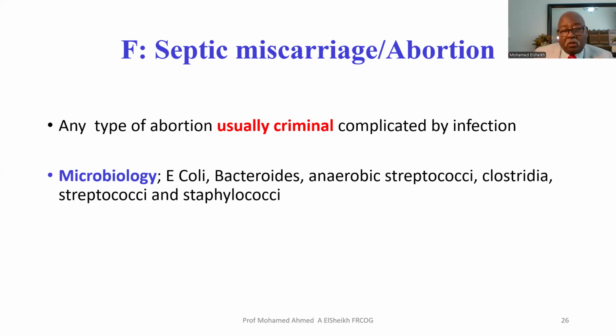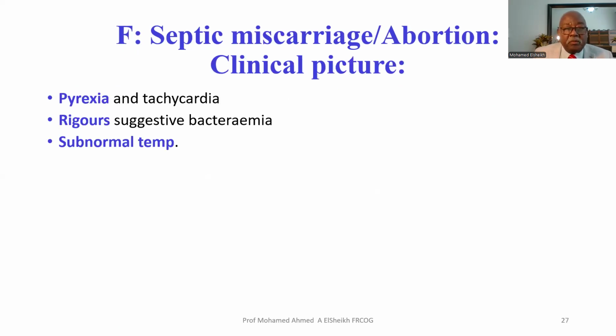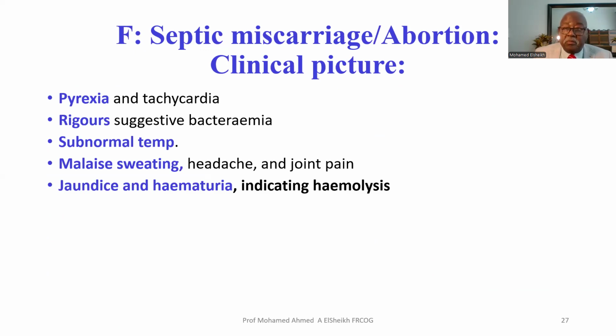The infecting organisms are bacteria: E. coli, Bacteroides, Streptococci, Clostridia, and Staphylococci. This is the picture of septic abortion: pyrexia and tachycardia, rigors suggestive of bacteremia. If she went into a state of near shock or collapse, the temperature will be subnormal. So the temperature could be either high or low. There is malaise, sweating, headache, and joint pains, jaundice and hematuria, indicating hemolysis,